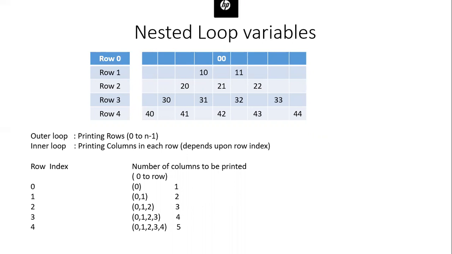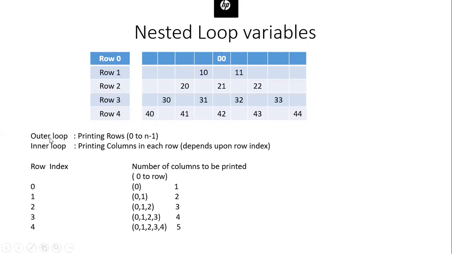If you see the given input, the n value is 5. So that means you have 5 rows in your output. The row number here varies from 0, 1, 2, 3 and 4. That is, the row index varies from 0 to 4. You can even use 1 to 5, but why I have used 0 to 4 is, I'm going to use the concept of arrays. In an array, the index always starts with 0. So I'm using 0 to 4.